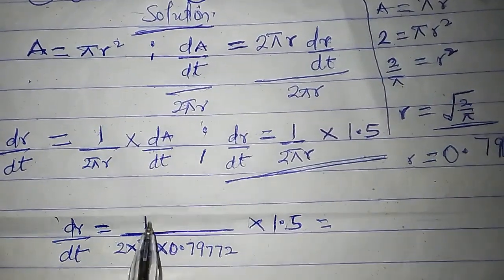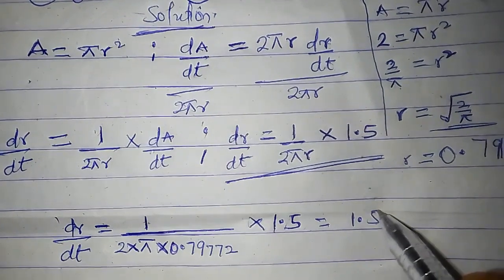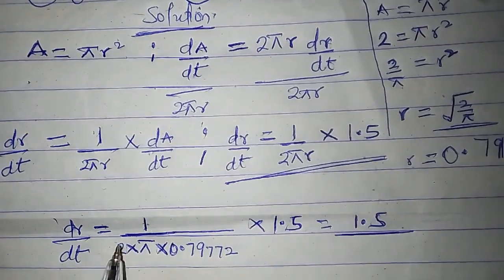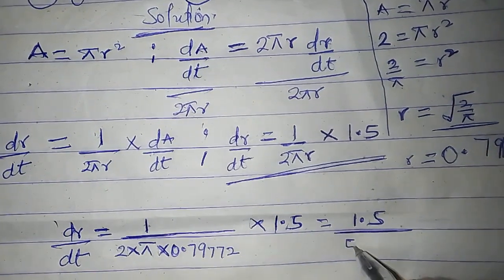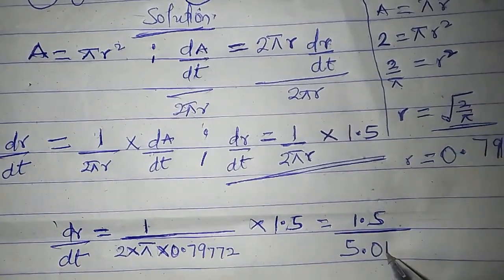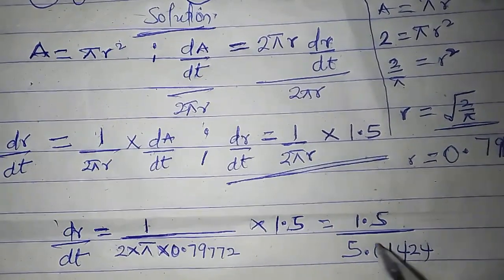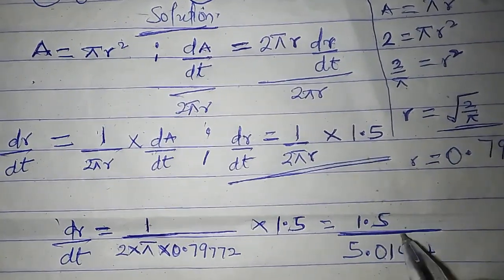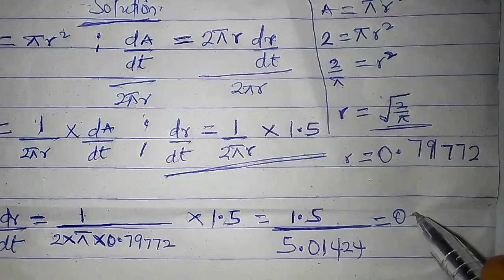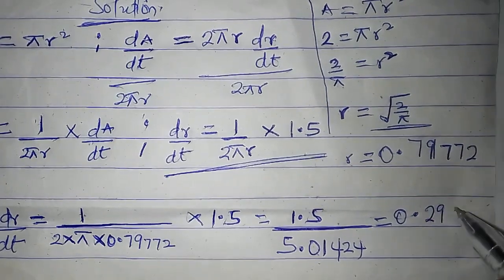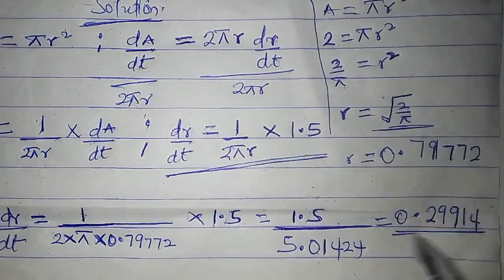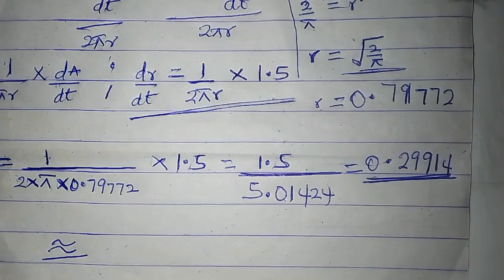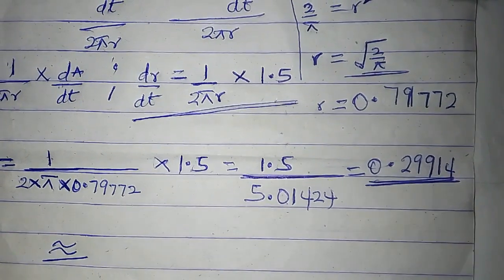So 1.5 times 1 is 1.5. So let me just multiply 2 by pi and 0.79772. 5.01424. So 1.5 divided by this is 0.29914. That is this. So since the question says to three significant figures, this value will now be equal to